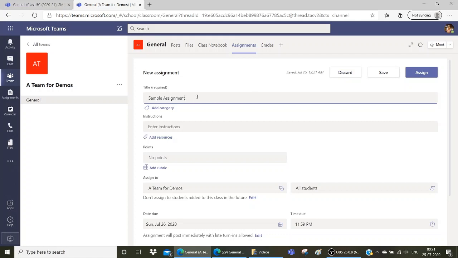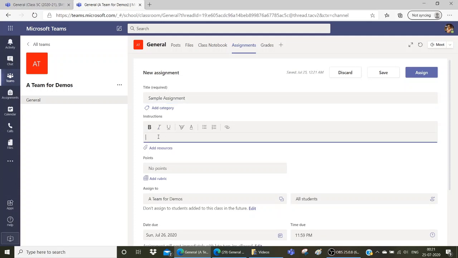So I'm going to create a sample assignment, and here in the instructions we can have a rich text formatted instruction. So let us just click on boldface, complete the attached comprehension exercise.